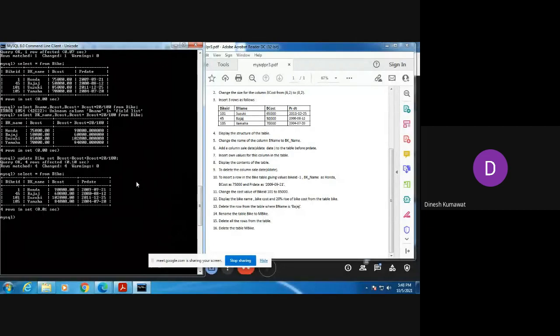Okay, so this is all about our question number 12. Now observe the next question 13, that is delete the row from the table where B name is Bajaj.